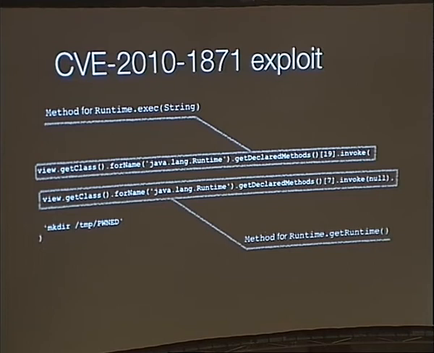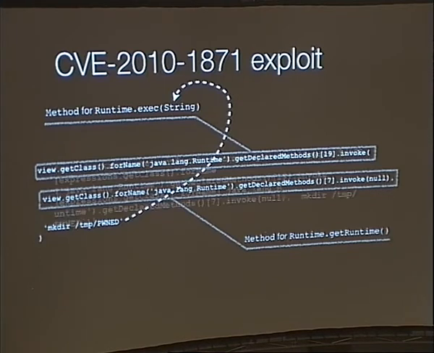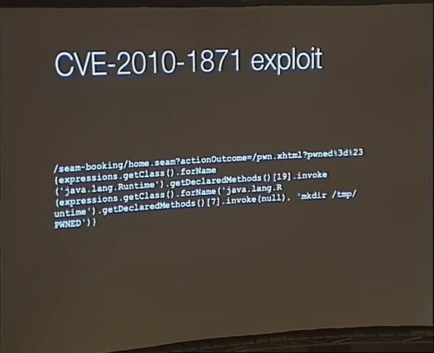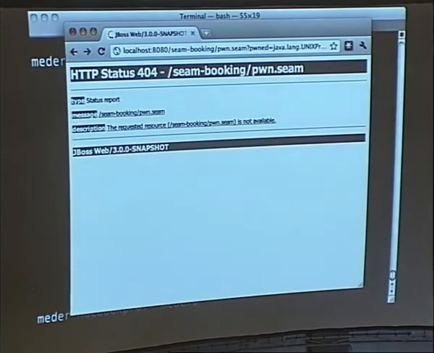This is the full exploit. Sim booking is a sample application that comes with sim. You do home.sim action outcome, specify your URL, and do it. And I'm going to show you a demo. Demos are not very impressive with vulnerabilities like this, because all you do is simply enter a URL. So first of all, to make sure I'm not lying,